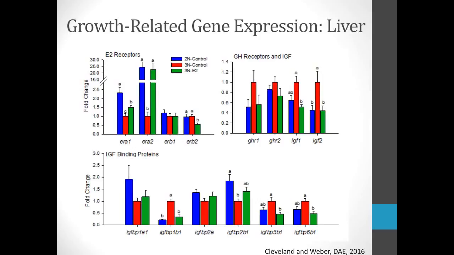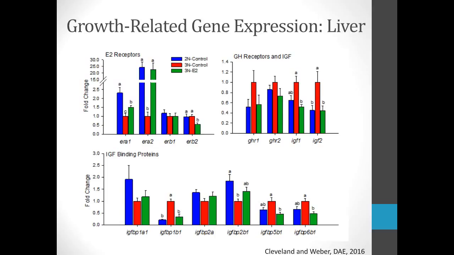So we performed the growth multiplex in liver to identify mechanisms regulated by gonad development and estradiol. Clearly, on the top left graph, estradiols, and the other 2 graphs, which are IGF-related mechanisms, are regulated in sexually maturing diploids and estradiol-treated triploids in a similar direction and magnitude. And we can see this with the comparison between the blue bars and the green bars, supporting that estradiol plays a strong role in regulating these genes during spawning because these data sets respond in a similar